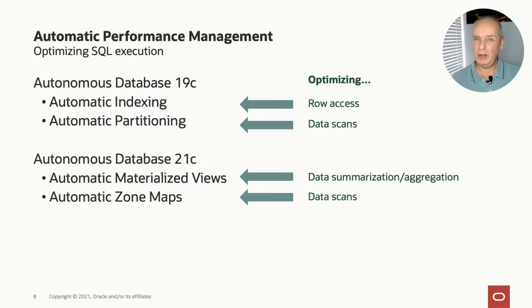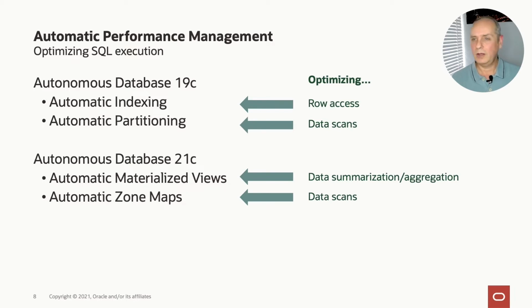Materialized views, you're probably slightly less familiar with, but those are a way of pre-aggregating data. So you see these very much in very large databases where you have large queries that scan a lot of data and then aggregate the results. So you have group bys, counts, averages, those kind of things. So it's all about summarization and aggregation, but we do that in advance. And those aggregations and summaries are pre-materialized in the views. So the views are created, they contain this aggregated data, for example.